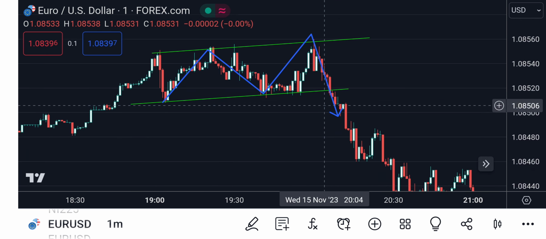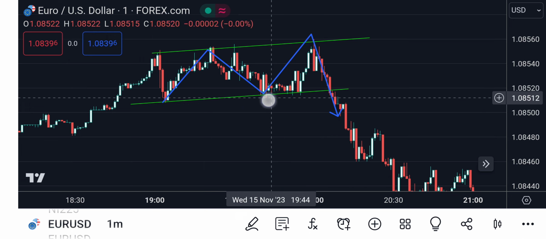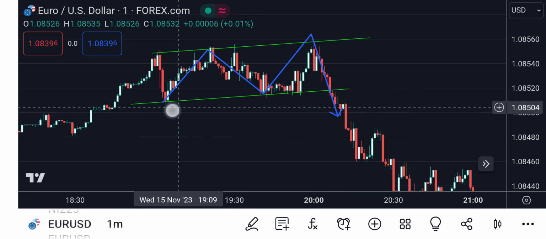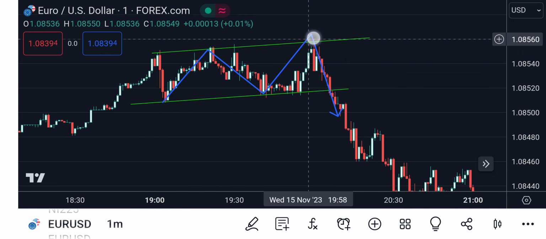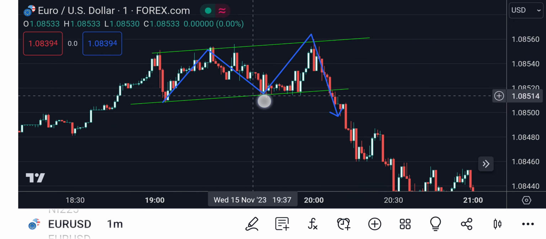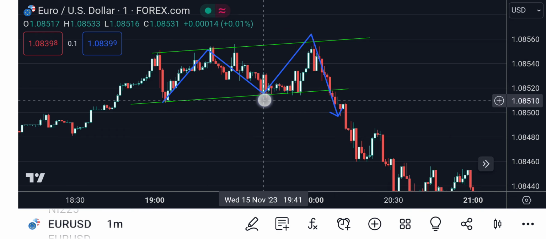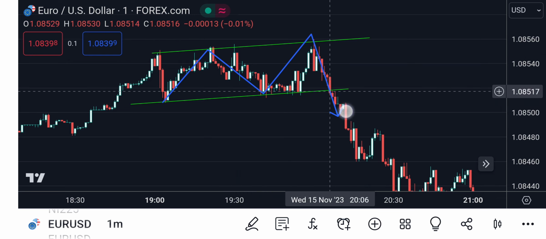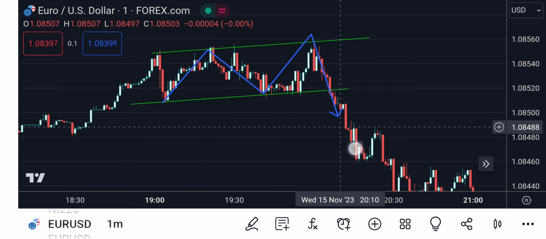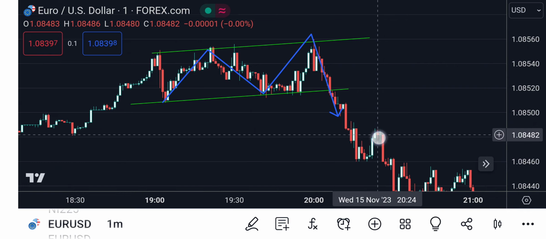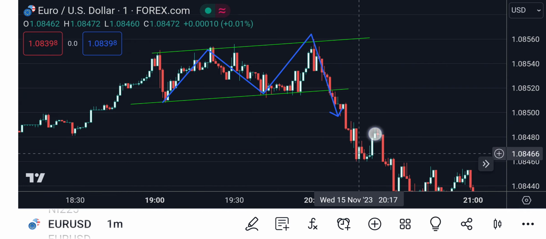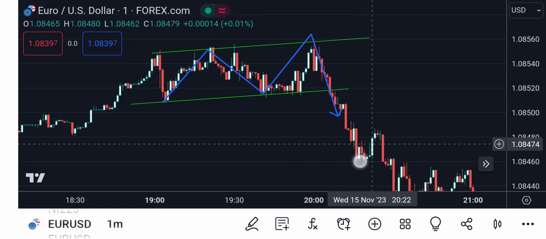So I don't usually take a trade unless it breaks out, breaking this here. So it went from here up, down, breaking this previous higher lows here to the downside. So I want to wait for a significant movement like the one we had here. So after this move fails to break,